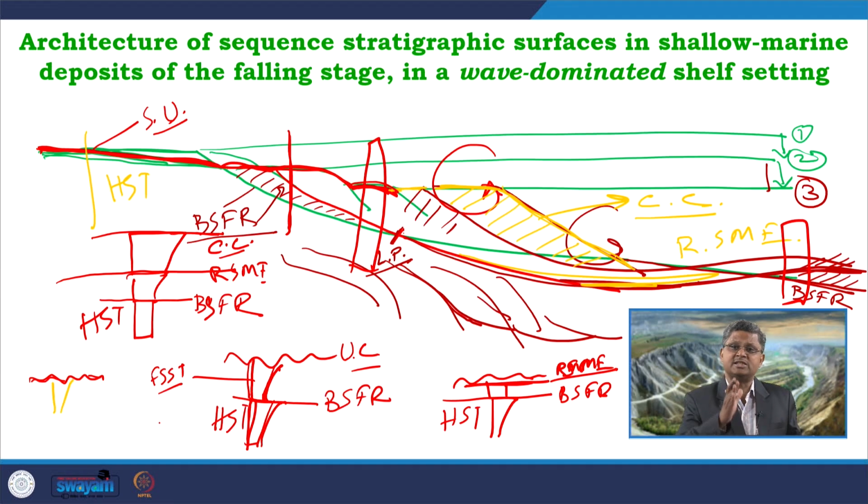So, all of these surfaces may form at different phases of base level fall, depending on control factors like the amount of fall, how much the base level fall is going on, associated with that how much is the wave energy condition that is controlling the slope of the wave equilibrium profile, what is the gradient of the sea floor, and how much sediment is supplied into the system. So, all these factors together will control the nature of accumulation and erosion, and finally based on that the nature of surfaces formed in different parts of the basin.